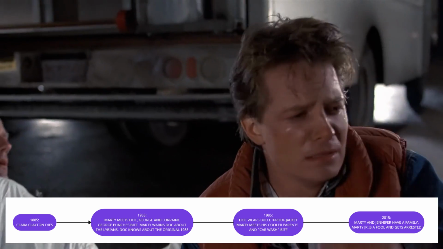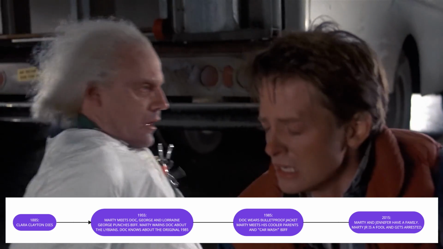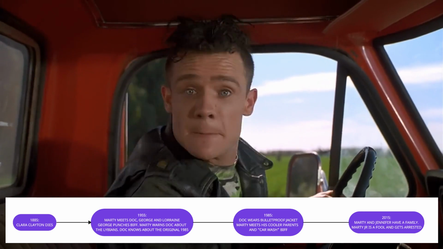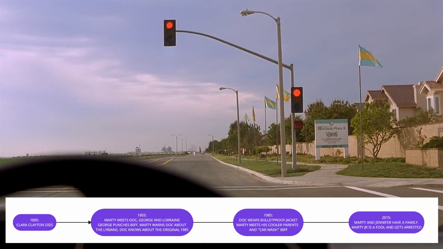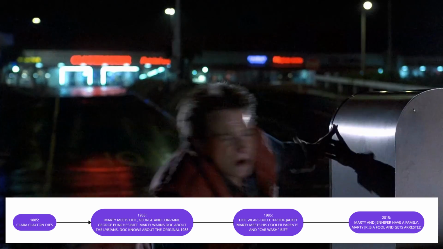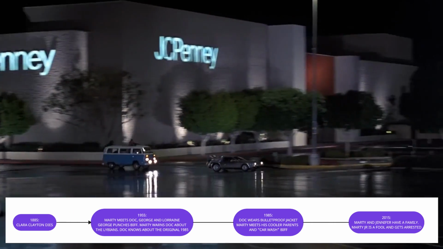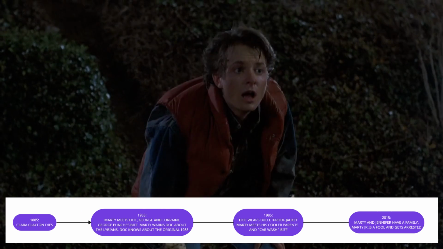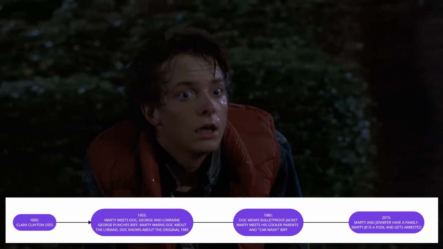So this Doc survives. This one is also the timeline where Marty will have his Rolls-Royce car incident in 1985, and where Marty and Jennifer's kids will get into trouble and get arrested. Last important thing, when Marty goes back to 1985 and he sees himself being chased by the Libyans, that one is not the original Marty. He probably is very similar, but that one grew up with the cooler parents, not with the losers.